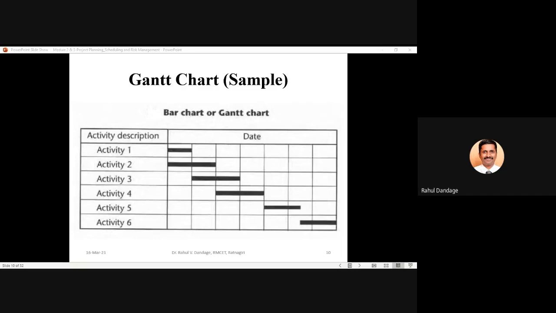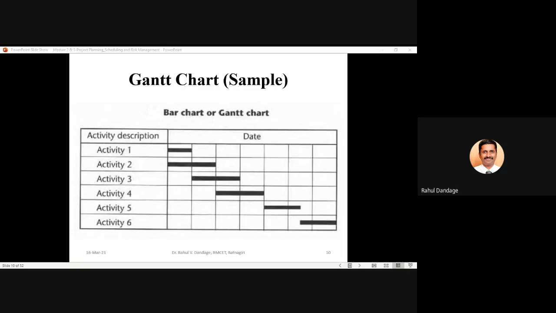That's why once activity 2 is finished, then we start with activity 4. Maybe activity 4 has dependence on activity 2. Similarly, activity 3 may have certain dependence on activity 1. That's why we cannot start activity 3 in the first week, because activity 1 is not completed yet. Once it gets completed, then we can start with activity 3.